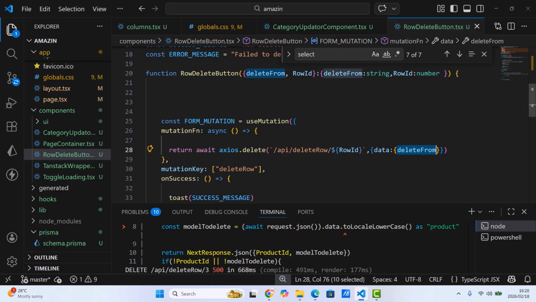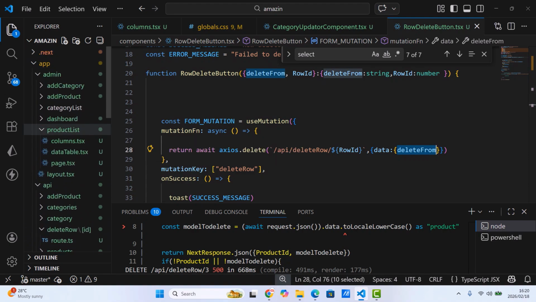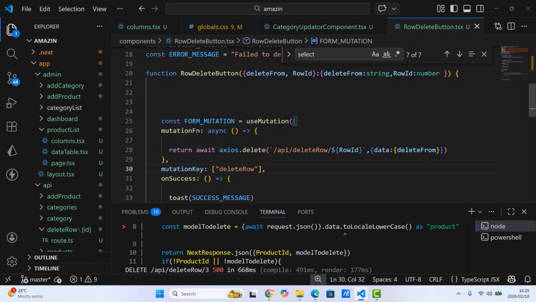Okay, and then now that we have managed to pass this data correctly on the UI, now we need to go to the API and make sure that we get the data correctly as well. So please make sure that your mutation is exactly like this. Okay, and then let's go to the API,